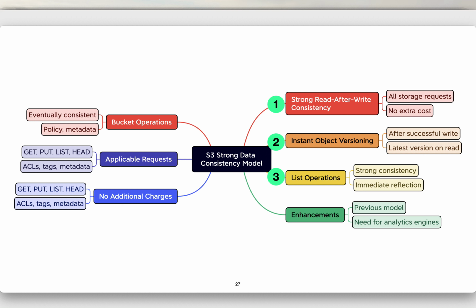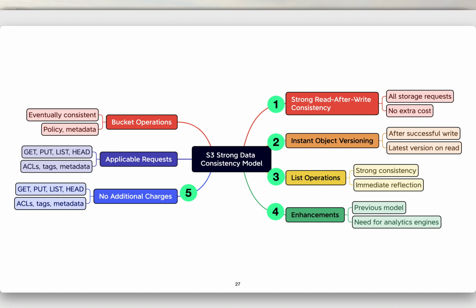3. Amazon S3 also provides strong consistency for list operations, meaning that any changes are immediately reflected in a list of the objects in a bucket after a write. 4. This enhancement is crucial as previously, Amazon S3 was strongly consistent for new objects and eventually consistent for modified or recently queried objects. With the rise in use of high-process analytics engines, applications and users require immediate access to